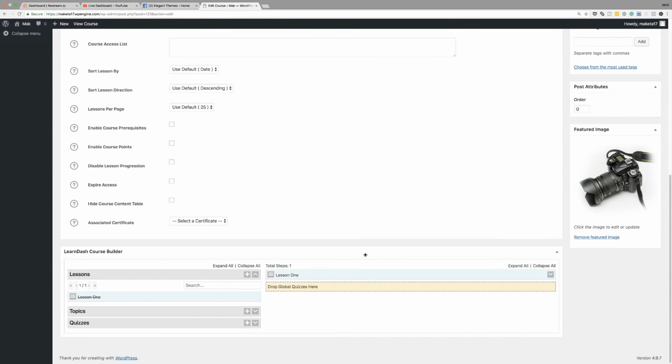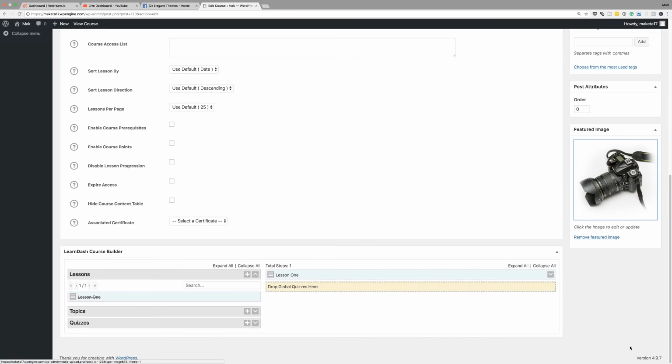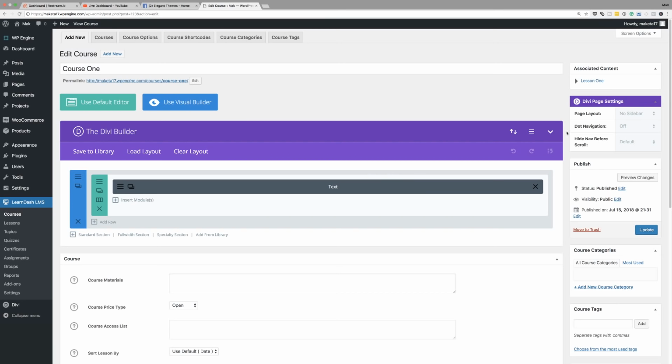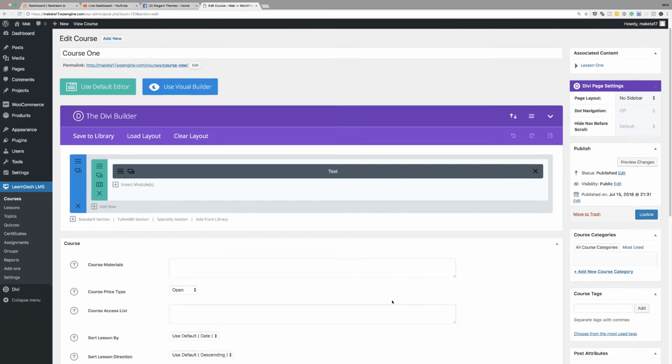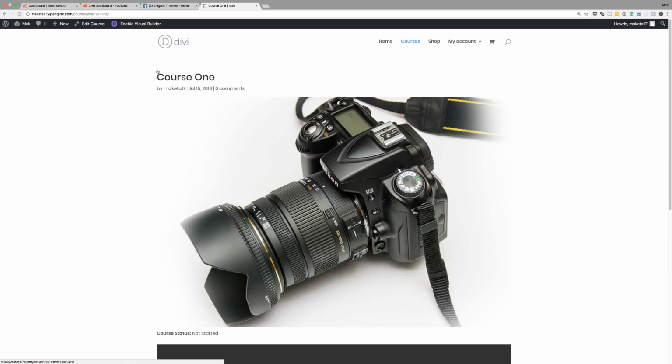So all I did here was I added my featured image, which is right here. And by the way, we can get rid of it if we want to and add something else, but I'll just leave it as it is. Okay, so this is where the featured image is. And over here, I also made sure that I didn't have the right sidebar, which I think is great. And then we can see here that this is where we have our builder. So if I go to my course and take a look at this page and then activate the builder,